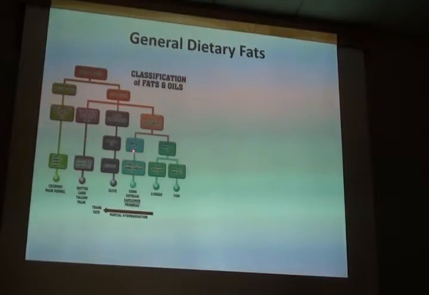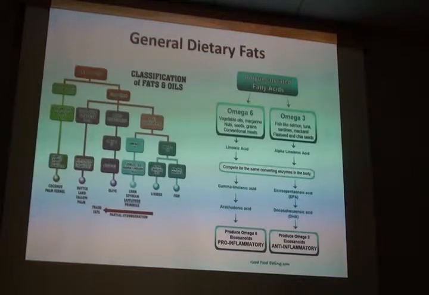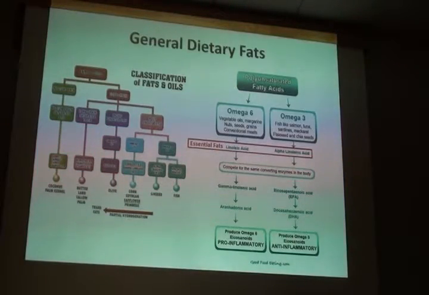And then there's polyunsaturated fats, which most people will refer to as either omega-3 or omega-6. I'm not going to go into a lot of detail about the omega-3s or omega-6s, other than to say that it's important to understand that the omega-6s end up driving pro-inflammatory responses, whereas omega-3 fatty acids end up driving more anti-inflammatory responses. And these are also termed essential fatty acids, and that's simply because while we're able to